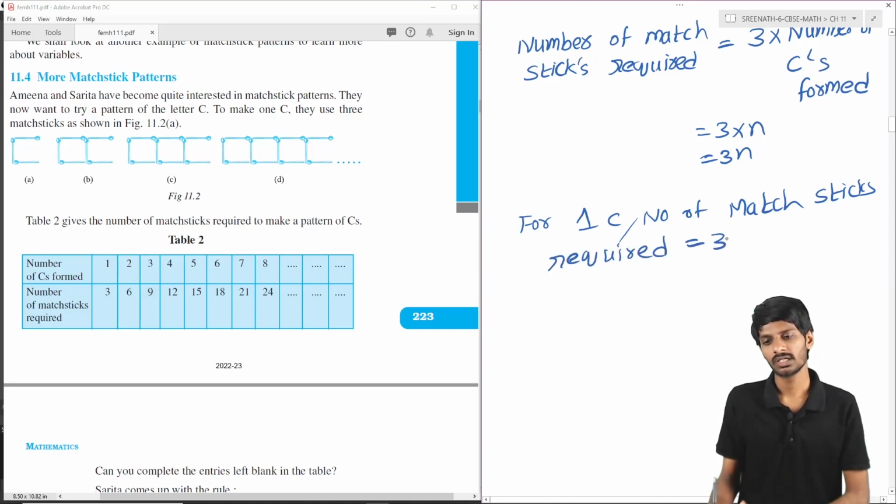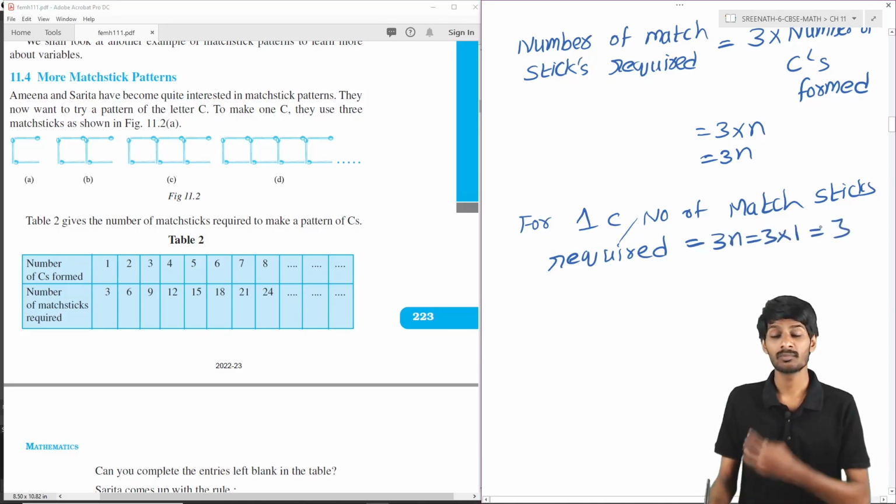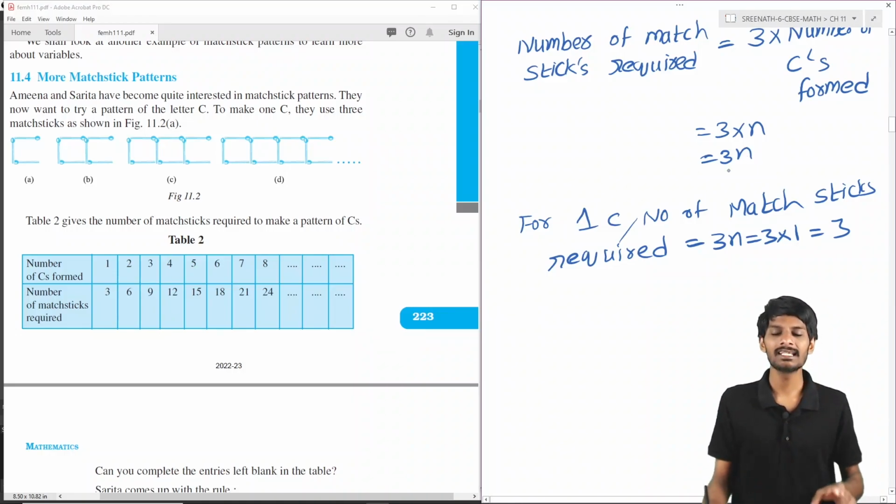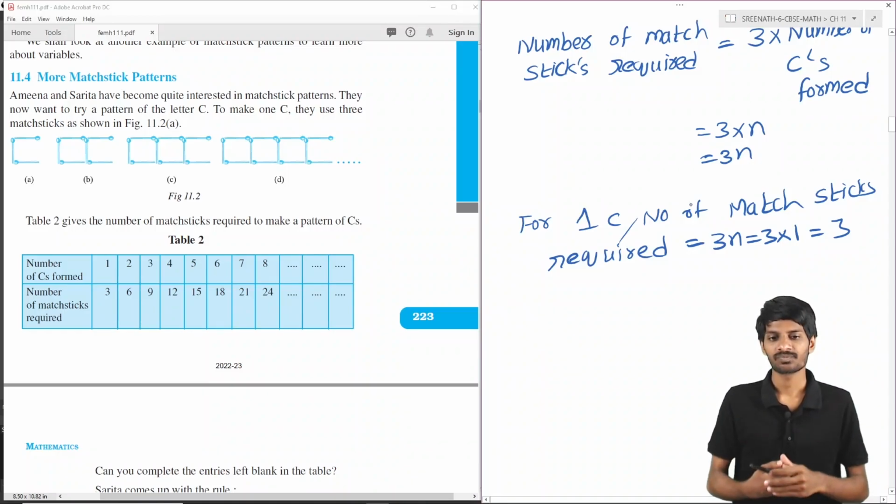That is equal to 3 into n, that is equal to 3 into 1, that is equal to 3. 3 matchsticks are required, students. Why? Because the n value is 1. So n is a letter we have used here. That letter n is nothing but